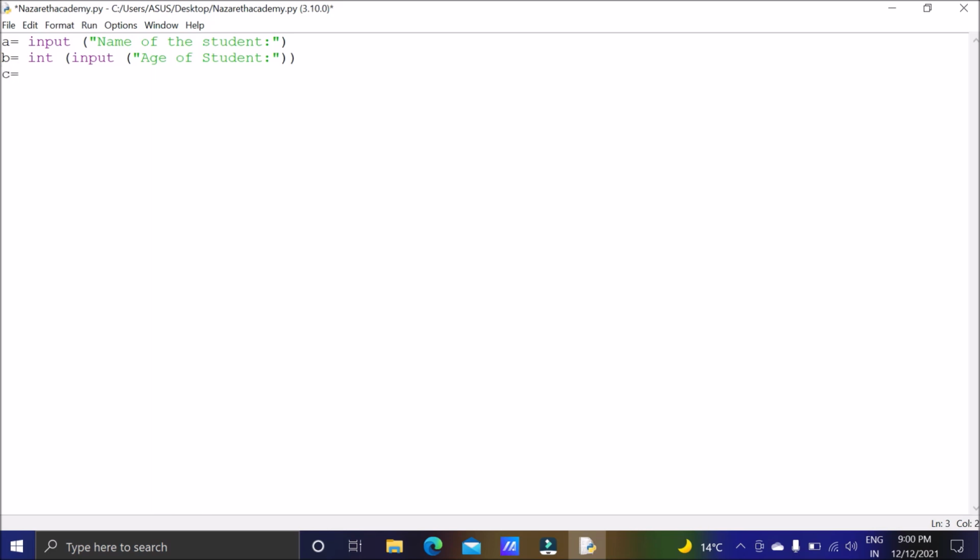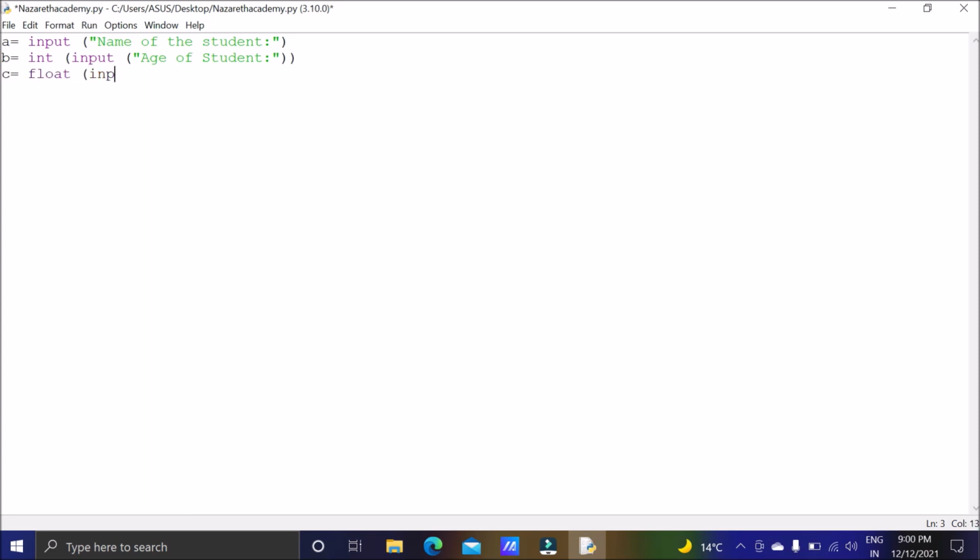Suppose I create one more variable with the name c. And here I want to get the contact number suppose, or get the marks of the student. So marks we will basically get in decimal.